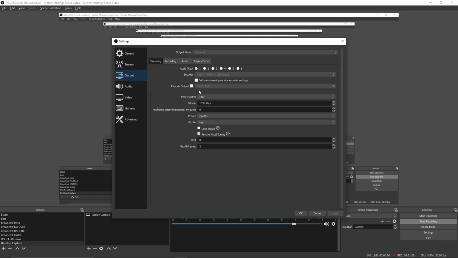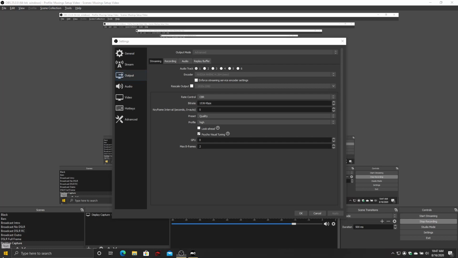For now, I'm using 1920 by 1080. My network can support that. For rate control, we want CBR, constant bit rate. If you want to look at the other ones, go ahead. But constant bit rate is the most consistent. For the bit rate, we want to